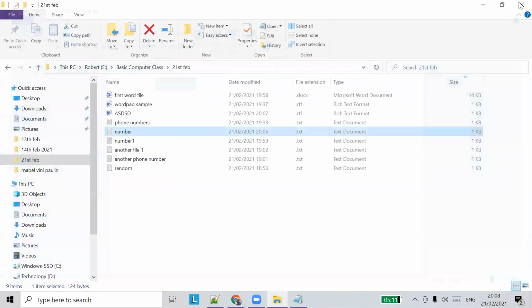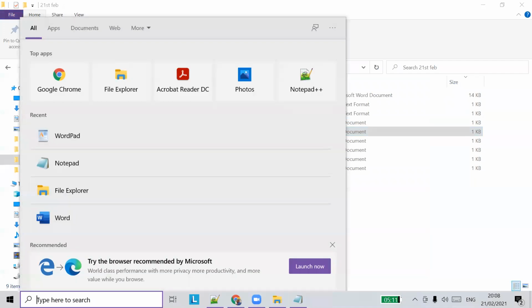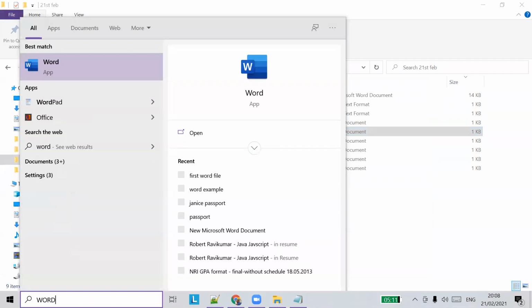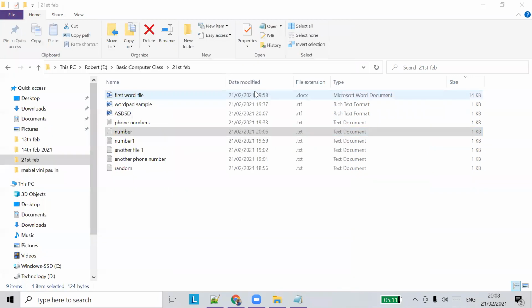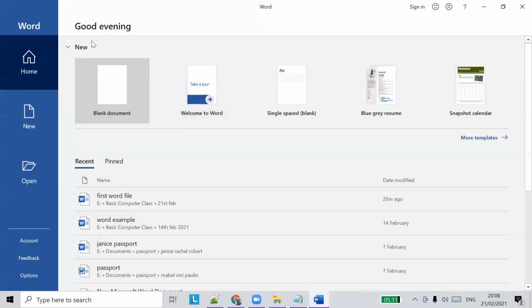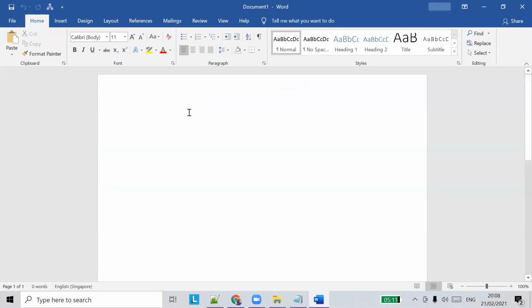So another option, another software we have, is the Microsoft Office Word file. Okay, search for Word and you can see the Word app. Click on it. You will have the Microsoft Office Word file open. So choose a blank document always. Now you can type something here and you can save the file. So this is a Word document.